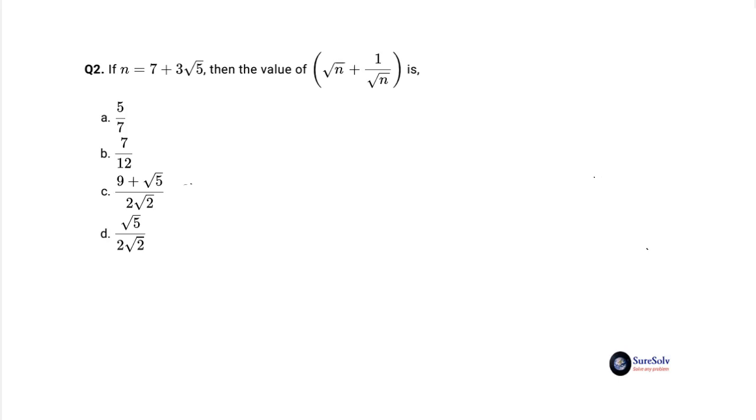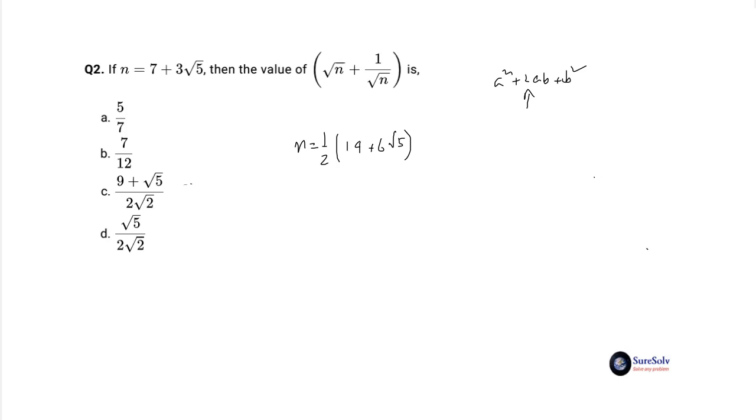Surd variable n being under a square root, you have to deal with double square root surd simplification for solving the problem. And to do it, you must express 7 plus 3 square root 5 as a square of sum. This is the main task to solve the problem. In a three-term expansion of a square of sum like a square plus 2ab plus b square, the middle term must have the coefficient of 2. In this case, you don't have 2 with the surd term, which must be the middle term. To get this coefficient of 2, multiply and divide the sum of surd by 2 and get n equal to 1 by 2 multiplied by (14 plus 6 square root 5).